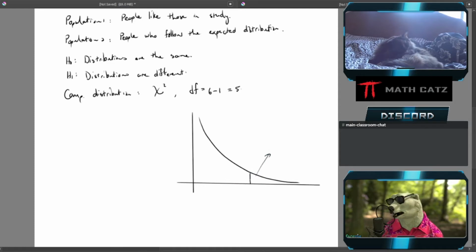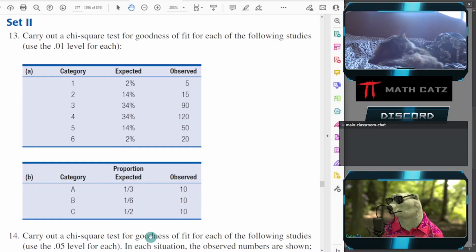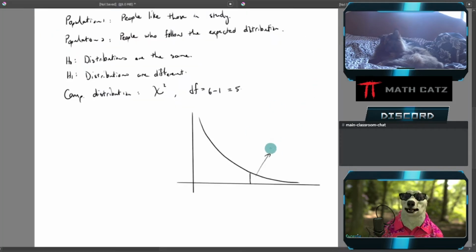And in this case, they ask for the 1% level. Okay, so 1% of all the possible chi-squared scores will fall into this section over here, giving us our chi-squared cutoff,